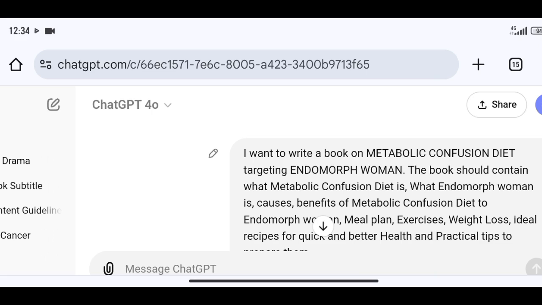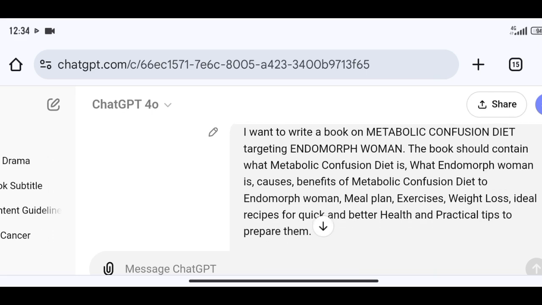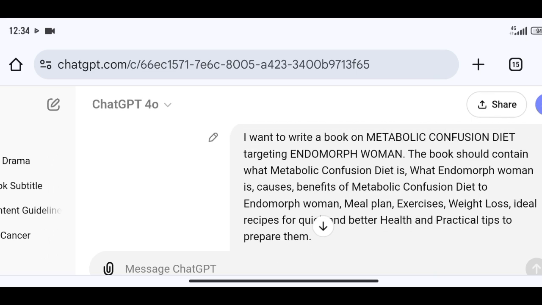Now I've also given ChatGPT the commands on how I want my book to be written. I've done my niche research, and here I'm in ChatGPT. I want it to begin to write the book for me. Here is the first command I gave to ChatGPT after conducting my niche research. I want to write a book on the metabolic confusion diet, giving it my target audience, which is endomorphic women.